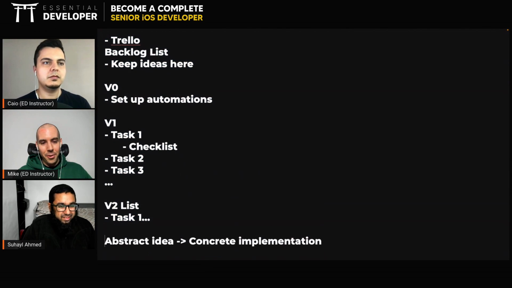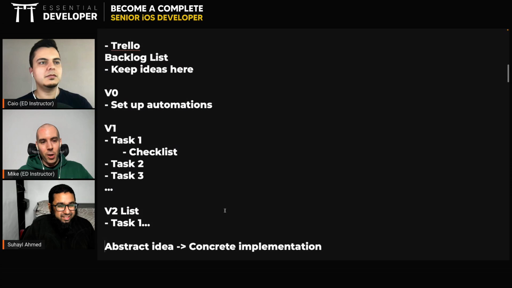So that's the difference there. It doesn't matter how complex the ideas are, if you break them down, if you understand them, they stop being complex. They're just tasks like these that Caio has listed there. So that's the goal.